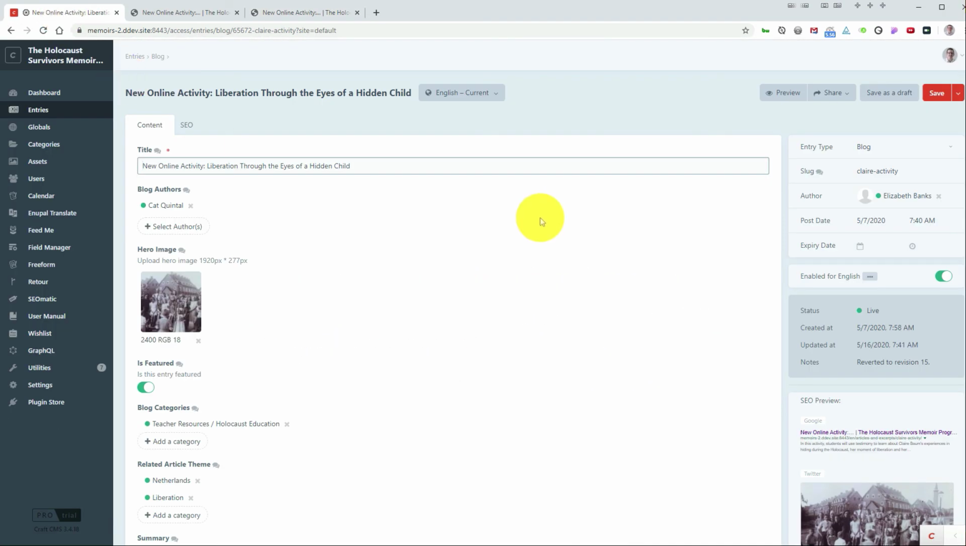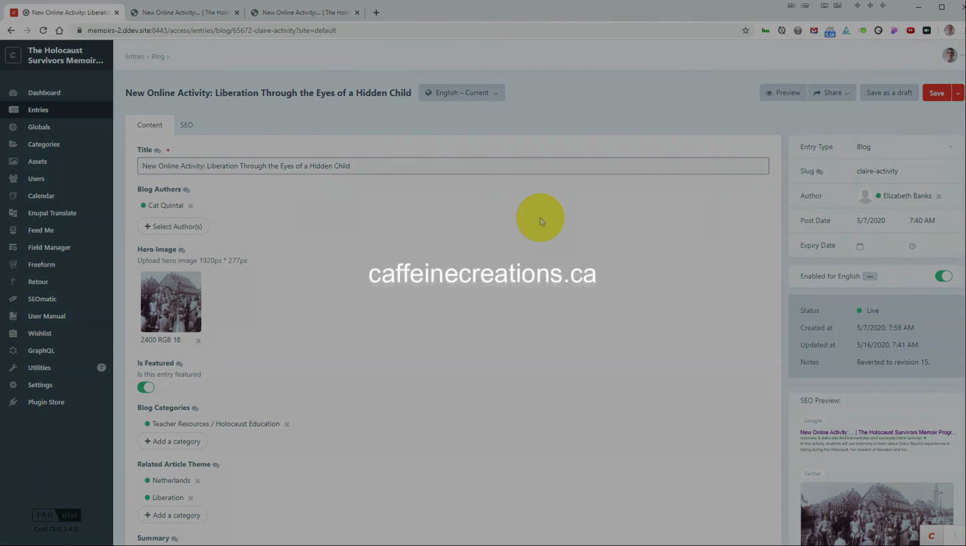So this is live preview with drafts and approval processes. Hope this has been